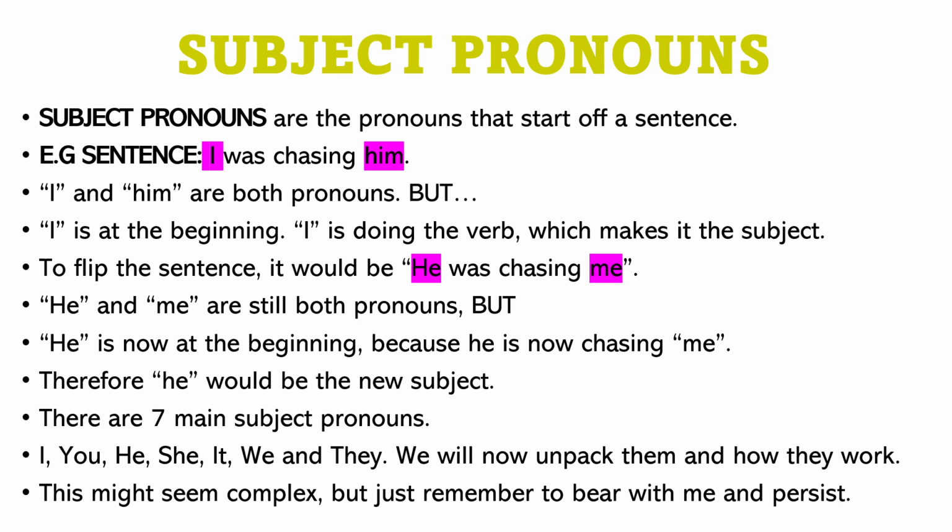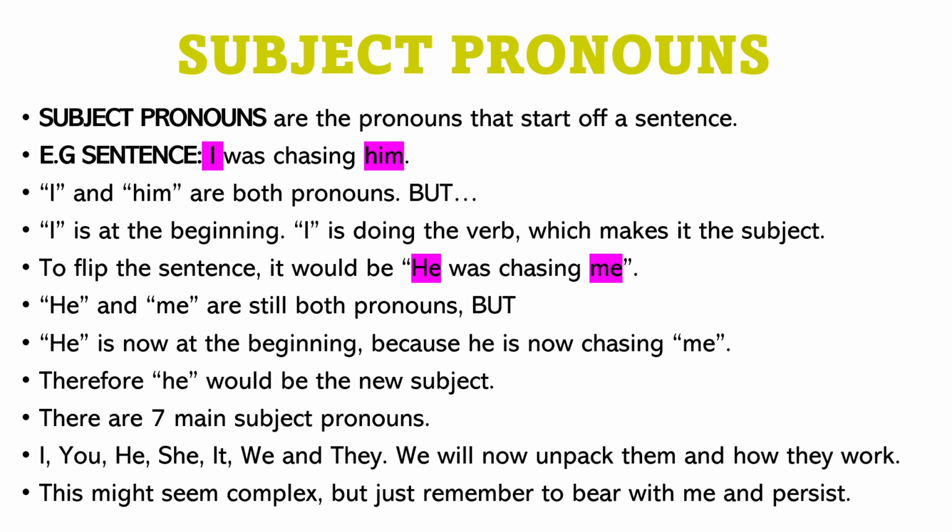But yeah. Subject pronouns. So what subject pronouns are, we've already used that word pronoun and how it takes the place of a noun, but a subject pronoun is the pronoun at the start of the sentence, as a simple definition. So if we take the sentence, I was chasing him, there's those two pronouns, there's I and him, that are taking the place of people. You could say, like take for example me, my name's Ethan, chasing someone called Jack. You could say Ethan was chasing Jack, but that would be really weird for me to say that because I'd be referring to myself by my name. So I would say I was chasing Jack, or I could potentially say I was chasing him.